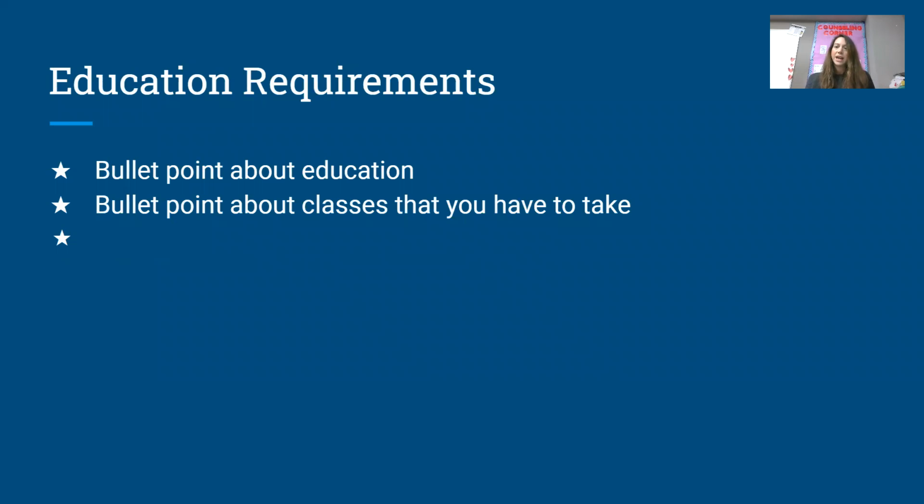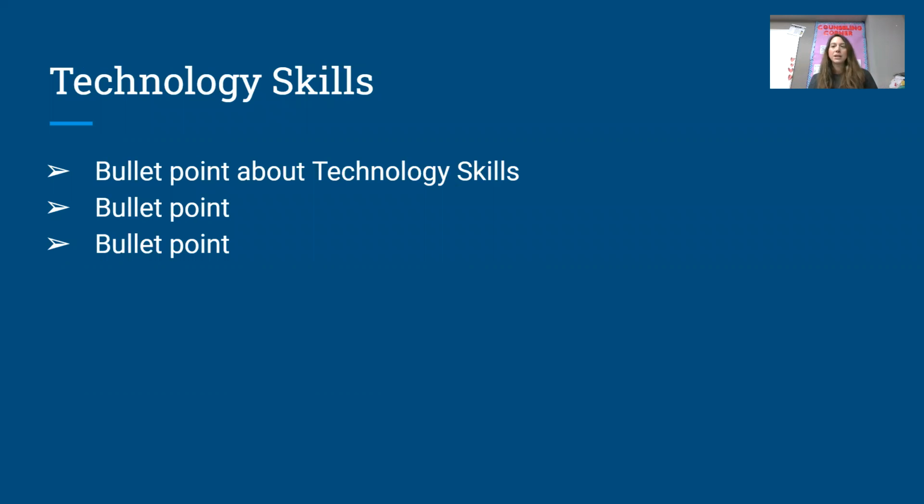So what type of education would you need to become a computer hardware engineer? Well, you would need to go to college. You need at least a bachelor's degree, definitely a master's. And then I would talk about what you would major in and what some of the classes you would take would be, right? Then I would say, what kind of technology skills would you need to be a computer hardware engineer? And I would talk about the computer skills. You would need to understand some of these programming languages and some of these other software programs.